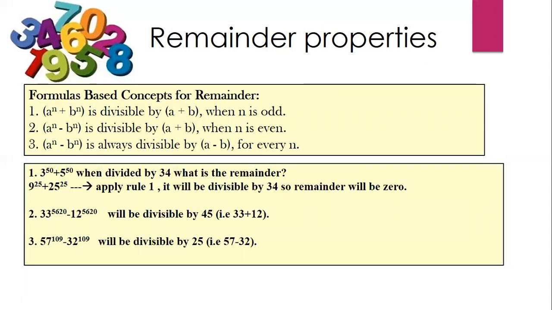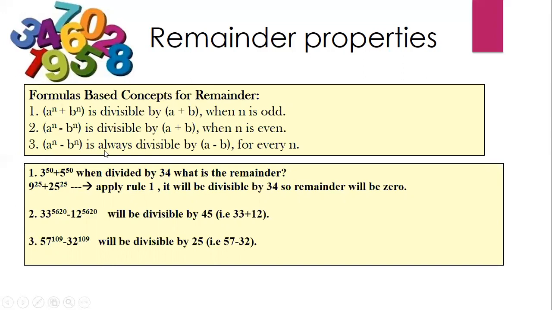Now some of the formulas. A power n plus b power n will always be divisible by a plus b when n is an odd number. A power n minus b power n will always be divisible by a plus b where n is an even number. A power n minus b power n will always be divisible by a minus b for any value of n. For example, take 3 power 50 plus 5 power 50 when divided by 34, what is